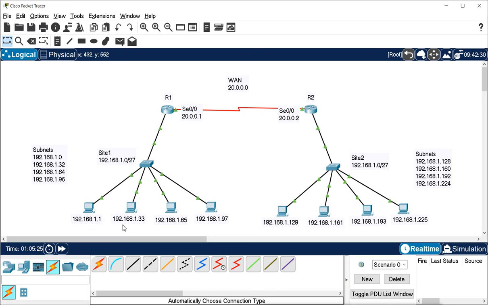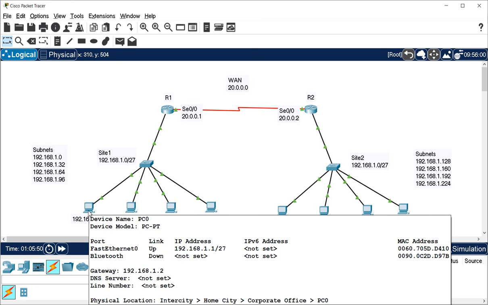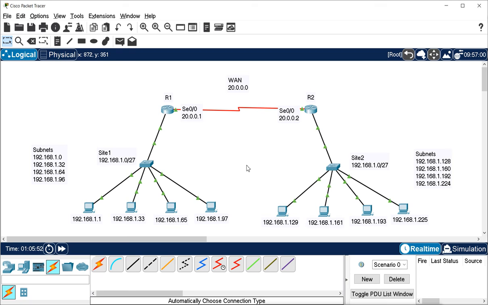I have 4 machines here, and on these 4 machines I used one IP address from each of these subnets. The first subnet IP is on this machine, then the second, third, and fourth subnets. Then the fifth subnet IP is here, then the 6th, 7th and 8th subnets on the other side. Now we connected those sites with this WAN link, the serial link, and if we want to connect from this machine to that machine, we have to do the routing.